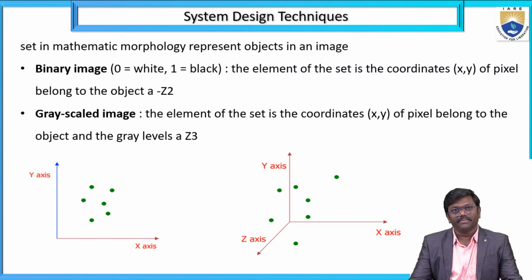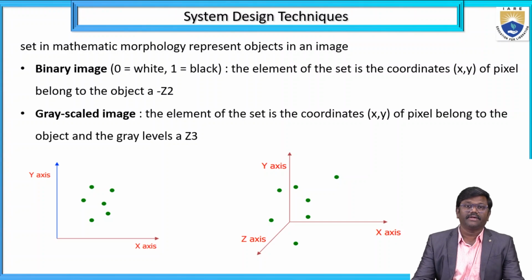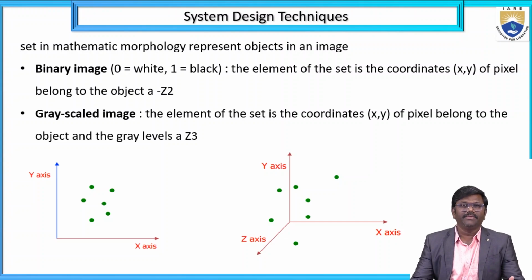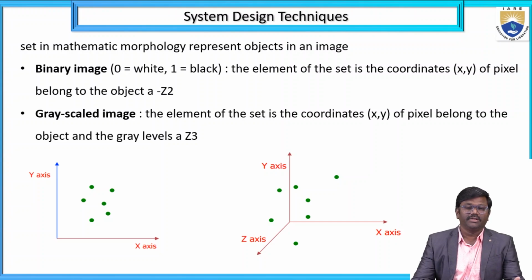Sets in mathematical morphology represent objects in an image, both binary images and grayscale images. The binary image has two values, represented as zeros and ones, where zero is white and one is black. So once we understand such fundamental binary values,